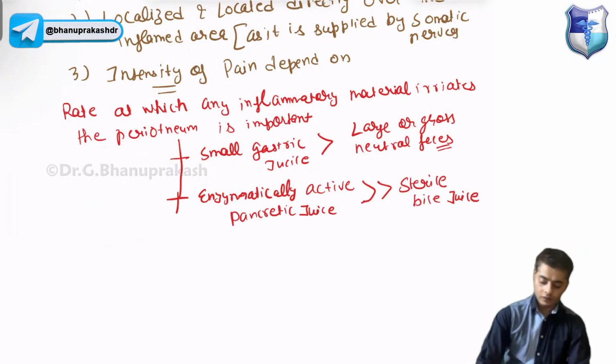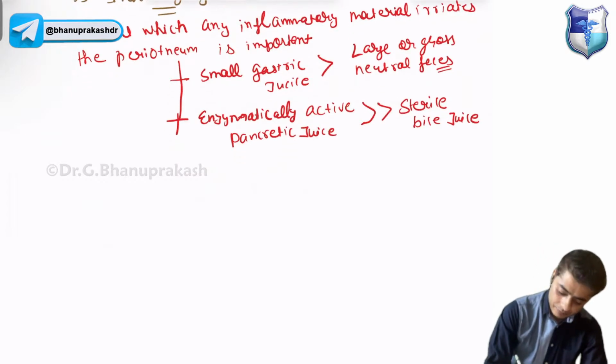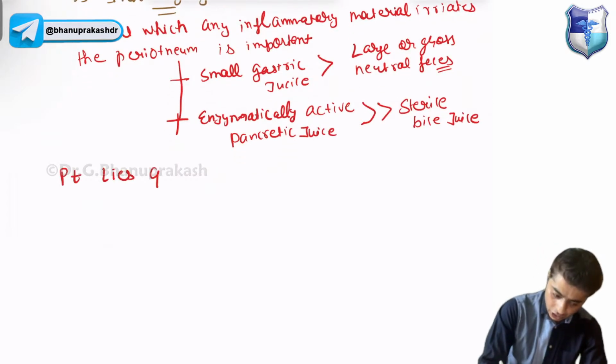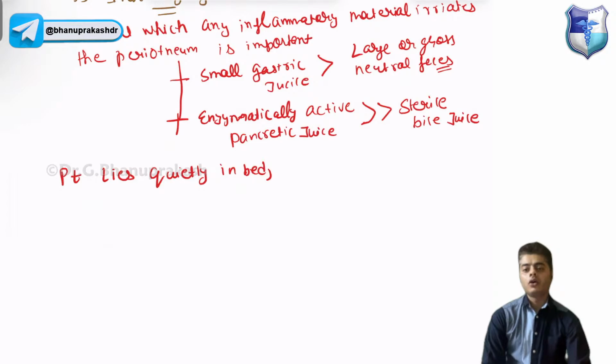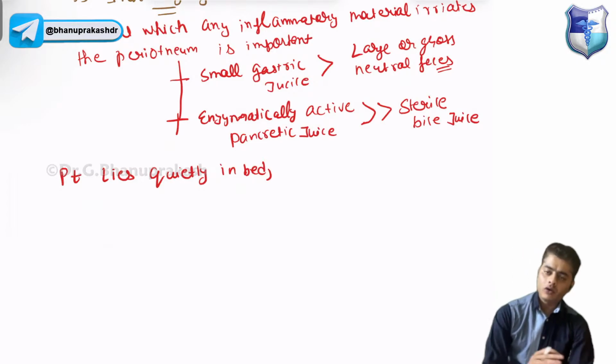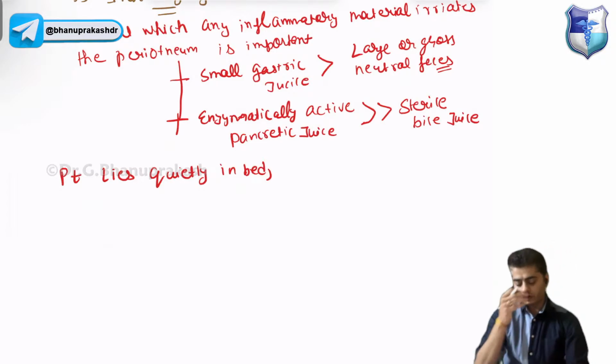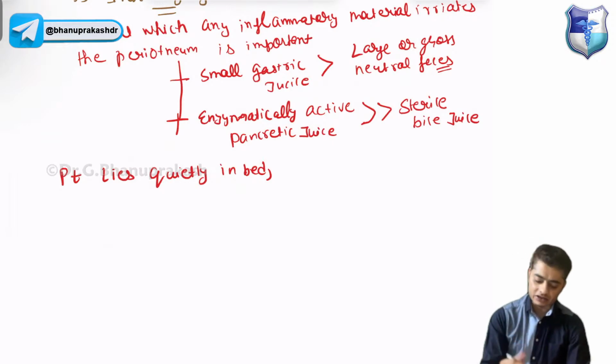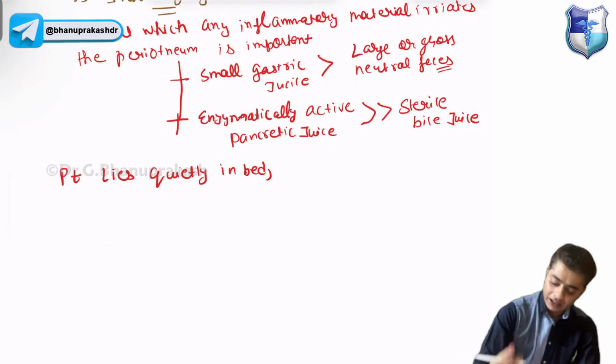And these kinds of patients lie quietly in bed, because they try to avoid any kind of motion, since when they walk the pain increases. So they generally try to lie quietly in bed, and the pain